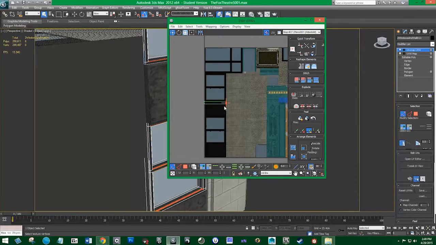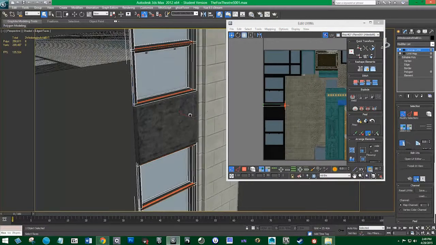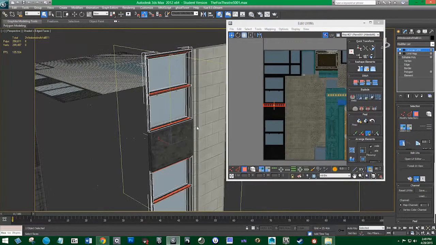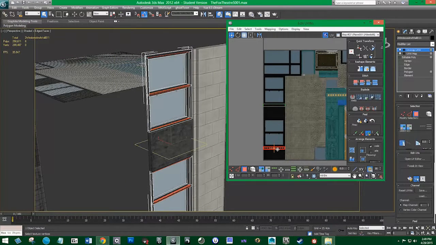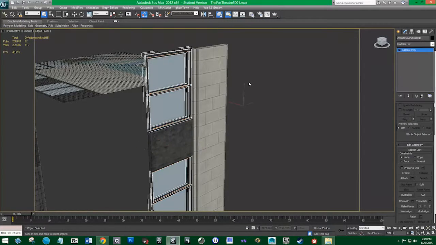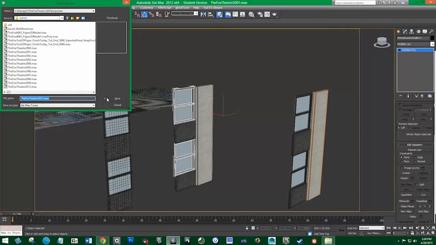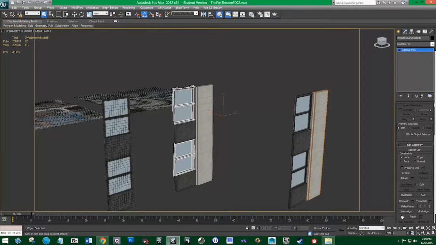And I guess just to be consistent, we'll grab these two ends for this bottom one and move them down. Okay, so it looks good. So now let's do the same thing for our